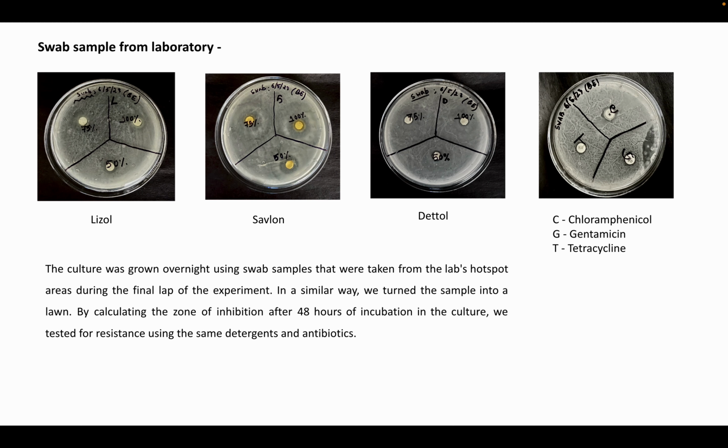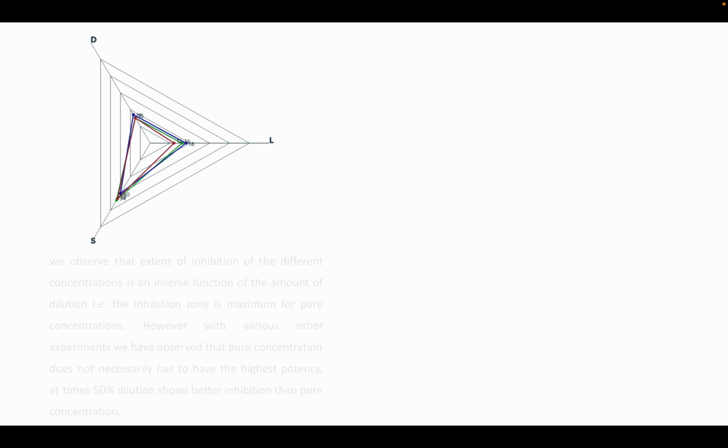And this culture was grown overnight using swab samples that were taken from the lab's hotspot areas during the final lab of the experiment, as I have already said. In a similar way, we turned the sample into a lawn. By calculating the zone of inhibition after 48 hours of incubation in the culture, we tested for resistance using the same detergents and antibiotics. And we had come to the conclusion that